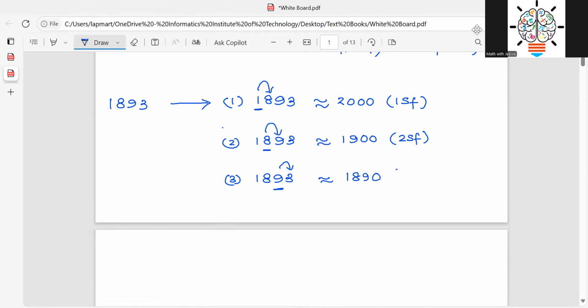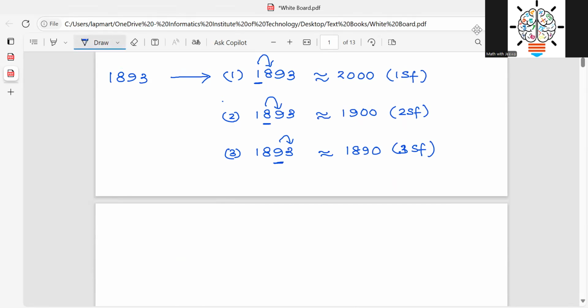1890. And we write 3SF. Okay. So then when you're correcting something to the first significant figure, you can see only one digit. The rest of the digits are 0. If it is the two significant figure like this, right? So then you want to know how we are going to correct it. Let's say I take another example,